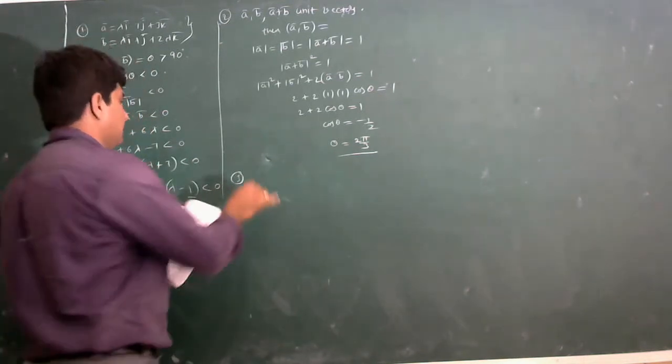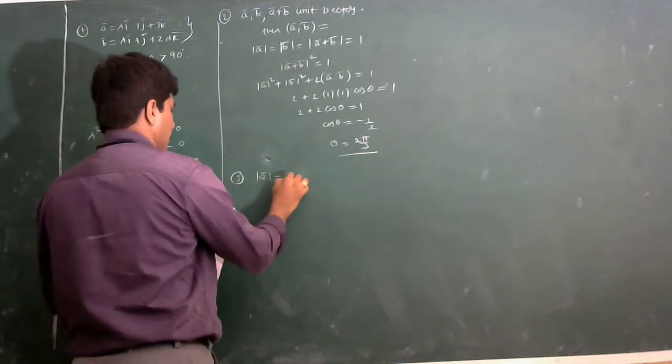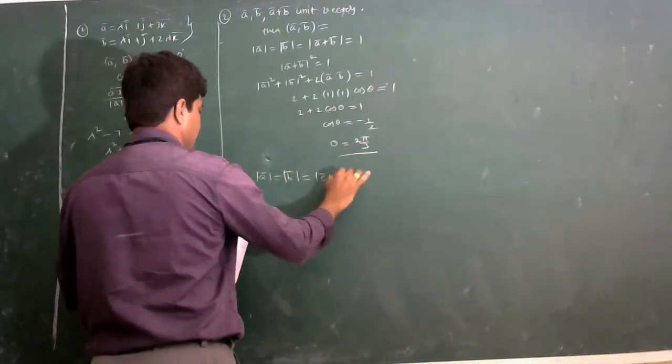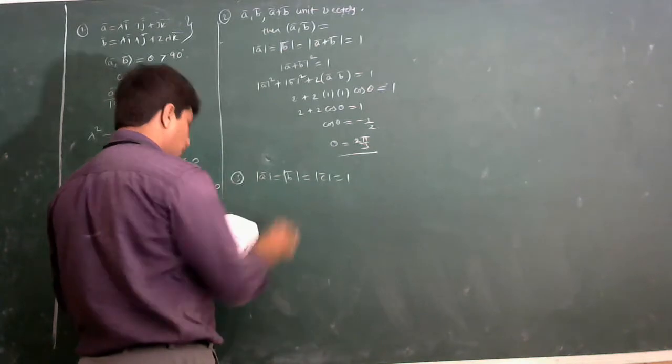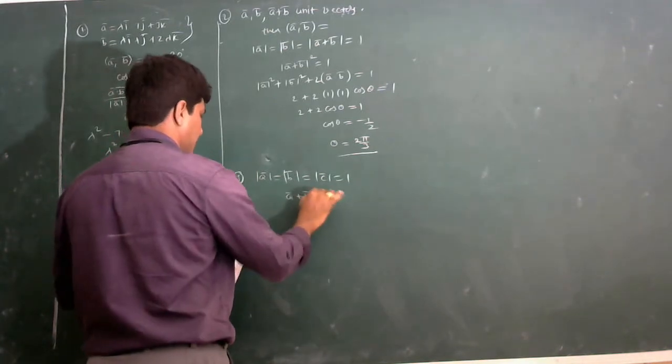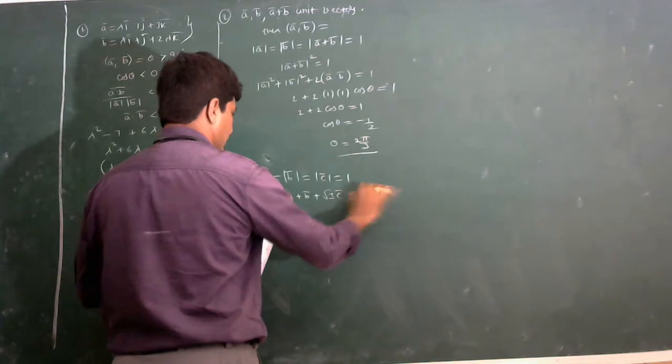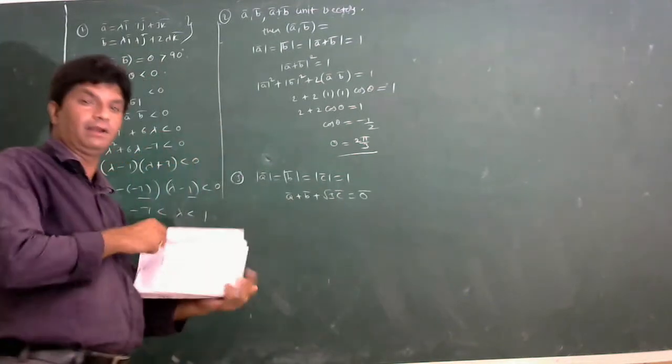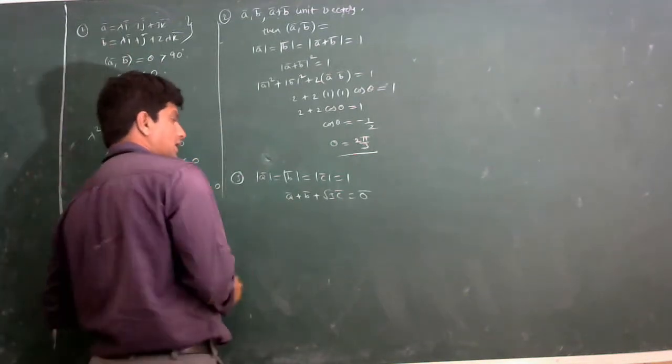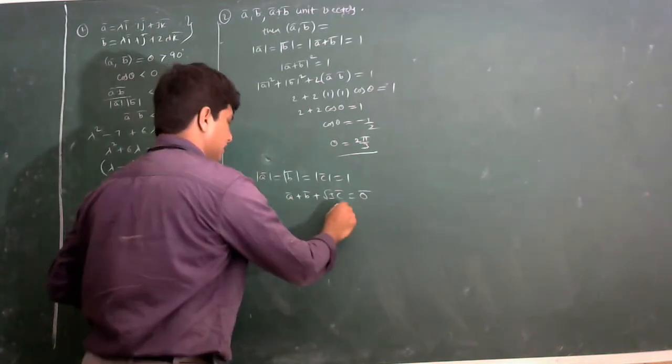A bar, B bar, C bar are unit vectors. That means mod A bar, mod B bar, mod C bar are each equal to 1. Moreover, A bar plus B bar plus root 3 C bar equal to 0 bar is given. We have to find the angle between A bar and B bar. Since we have to find the angle between A bar and B bar, take root 3 C bar to the right side